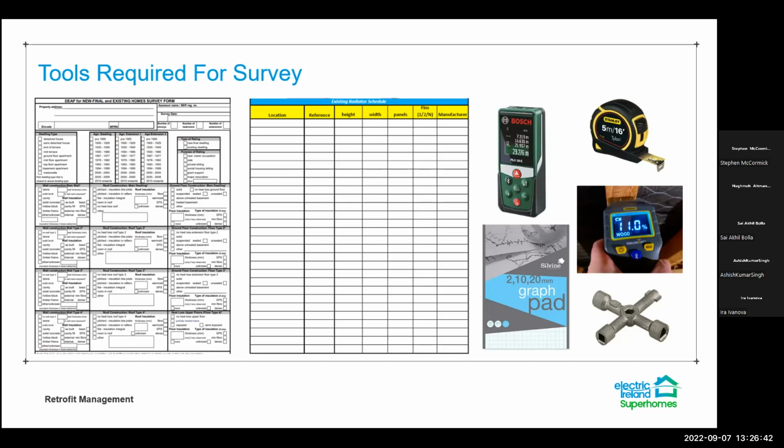And then some of the tools you use, fairly basic in terms of laser measure for room by room widths, heights, tape measure for measuring radiators, graph pad for sketching out the whole building, and then the one in the middle there is a moisture meter, which allows you to measure the moisture in the